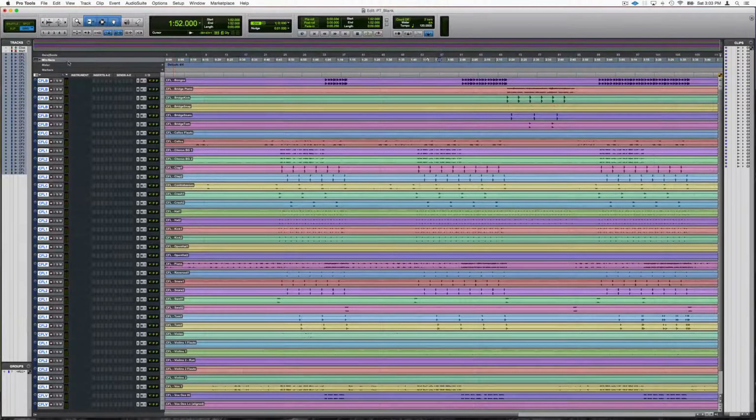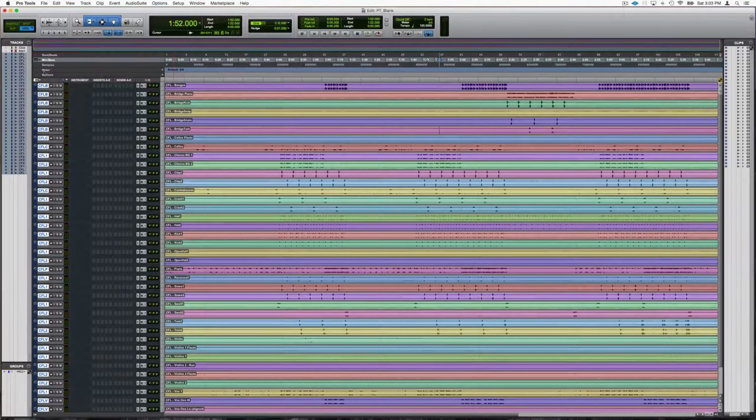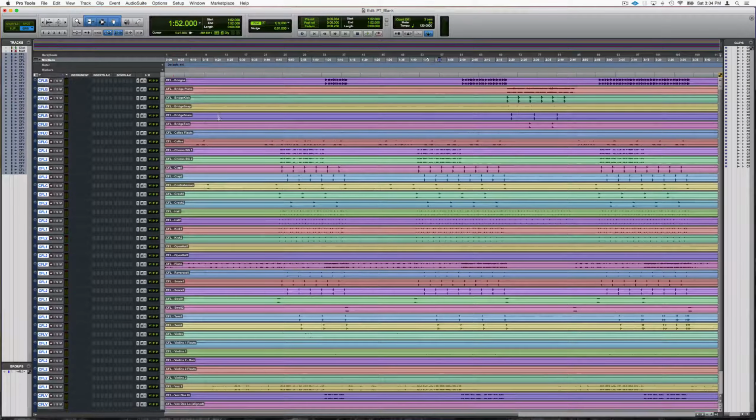top of the session. So I have bars and beats and minutes and seconds. I can also add things like samples and time code, feet, and frames if you're working with video. So that's just a nice way to keep track of where you are in the session and how long the song is. The other thing you can do is set up markers to denote where the certain sections of the